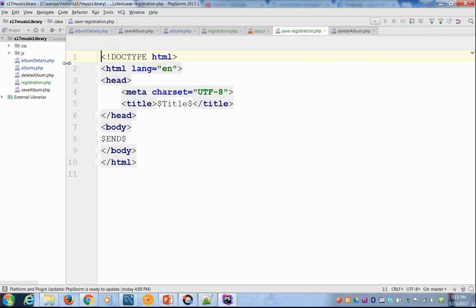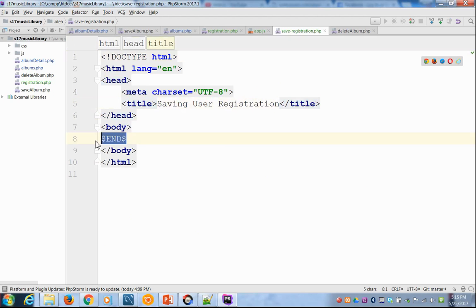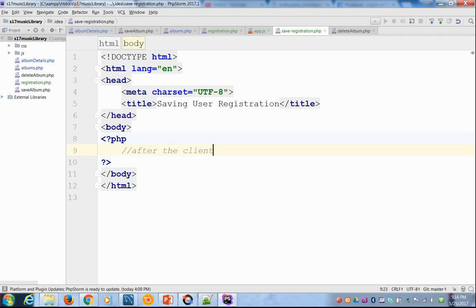Okay, so here we go. Say saving user registration. And in here, we can basically jump right to the PHP. We're not going to be doing a lot of presentation here. So PHP, and here after client side,